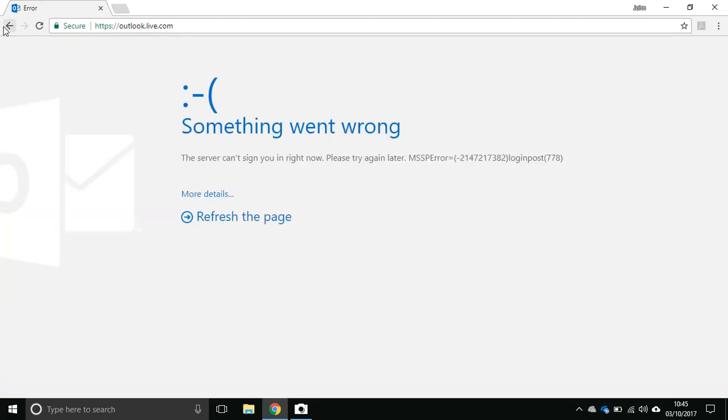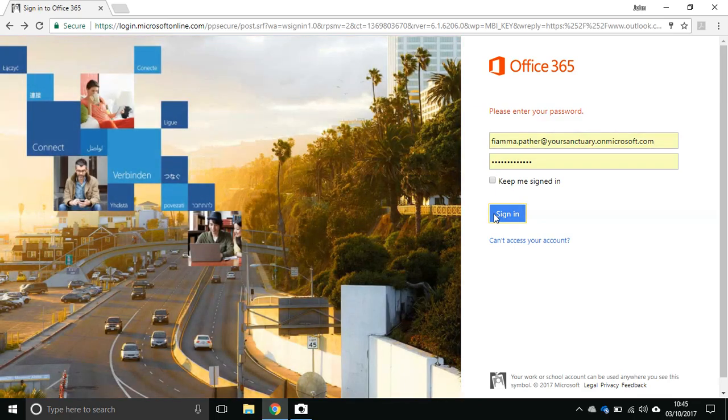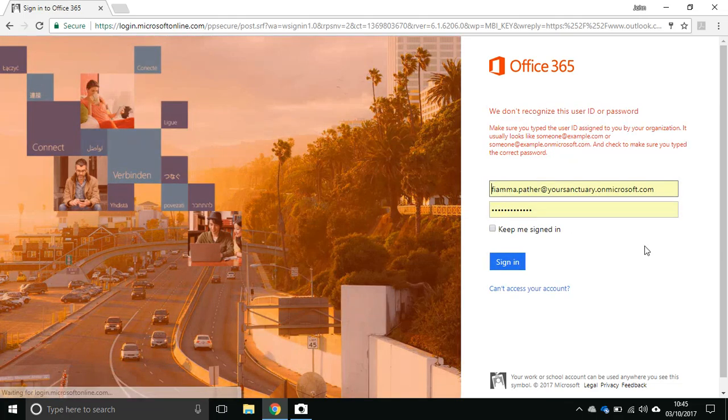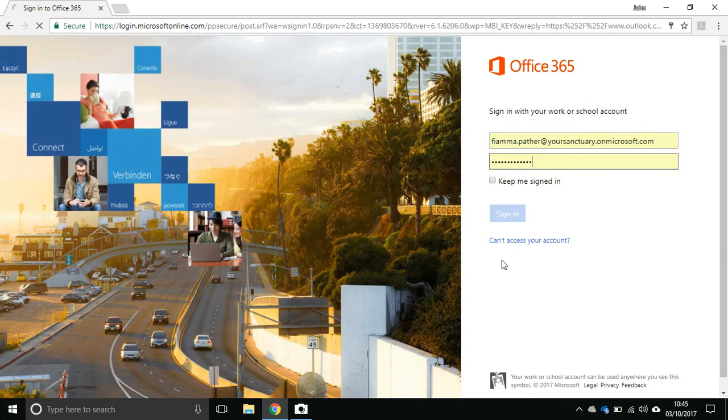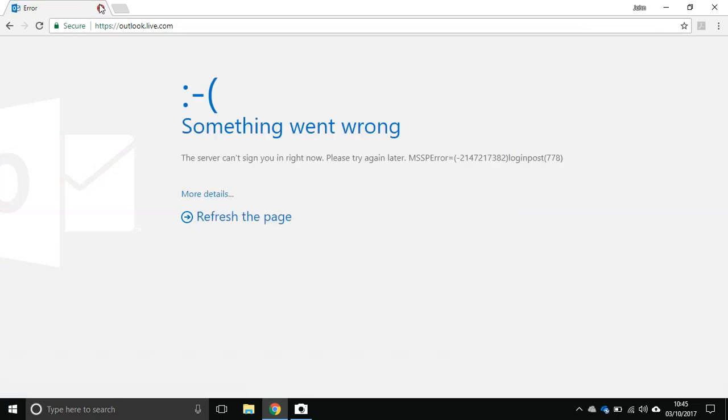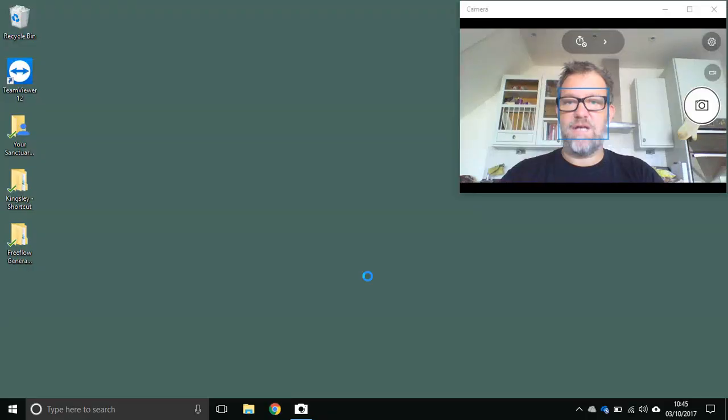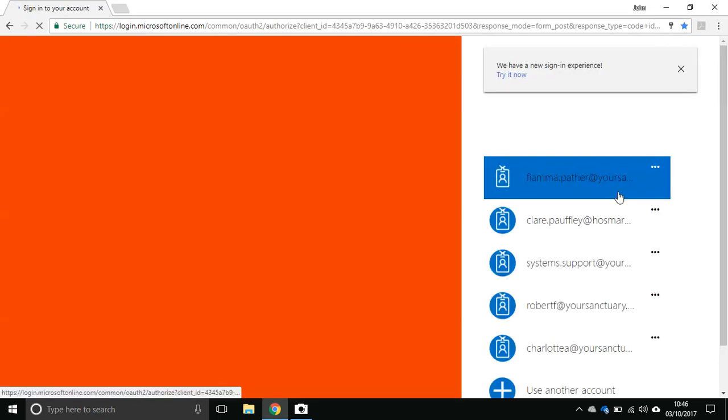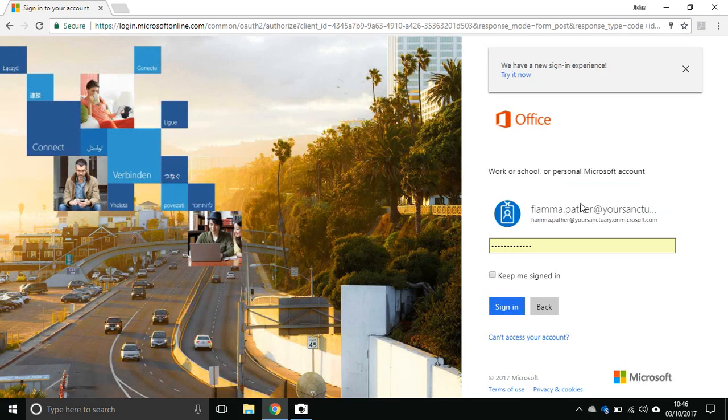Okay, and then something will go wrong. We can try it again, and if that fails, I think what's happening is Office 365, because I'm syncing all of this information here, has got its knickers in a bit of a twist. So if you don't mind, we're just going to close that down. This won't happen with you, I promise. Sanctuary, sign in, and it will go through now. I know it will. Yeah, it's looking a lot better now.